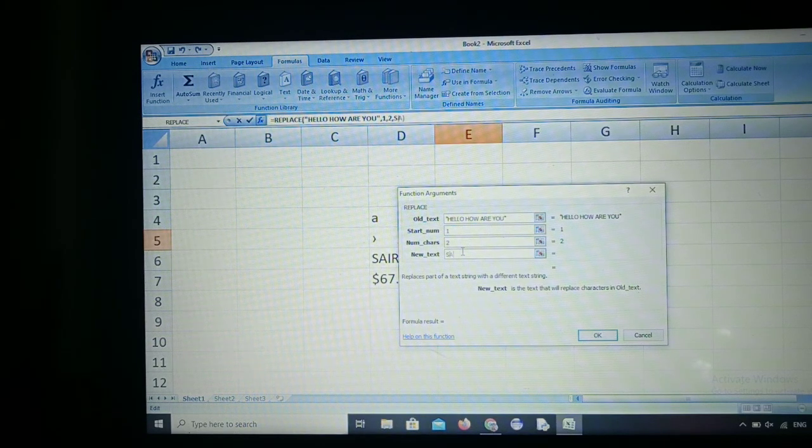I'll put it within double quotations to see the output here itself. See, the first 2 characters starting from the first position, HE, are replaced with SAI. So you can specify the starting number and the number of characters, and you can change them. Here I gave 1, 2; you try by giving 4, 6, something like that.